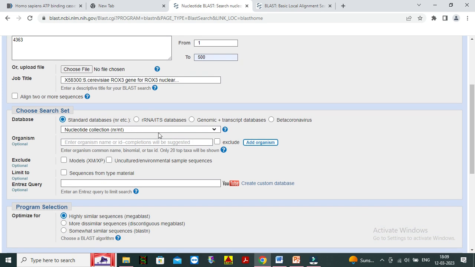And this is the choose search set, which is the database. Different databases are available. The standard databases are RNA RefSeq database, genomic plus transcript database, betacoronavirus database. And by clicking the drop down section,